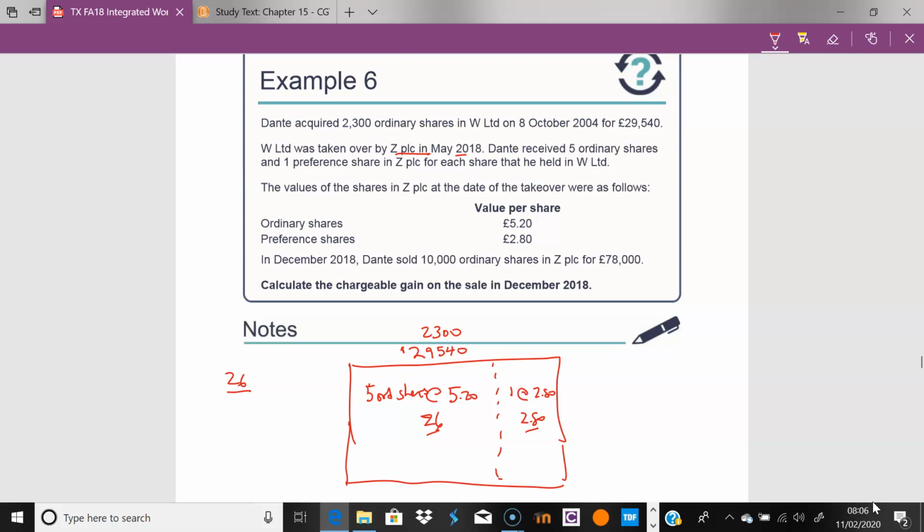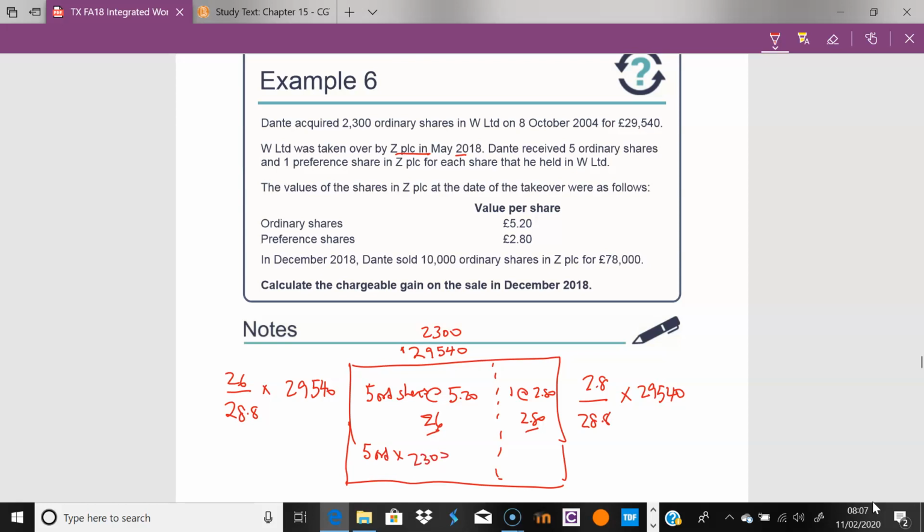What's the cost of this whole new area now, of this new acquisition? So the cost of this area, doesn't matter what I'm given. I'm given basically 5 ordinary shares times 2,300, and I'm going to tell you what that cost is based on value. The cost is 26 over 28.8 times 29,540. And the cost here is £2.80 over 28.8 times 29,540. So I received 5 ordinary shares times 2,300. That's what it says.